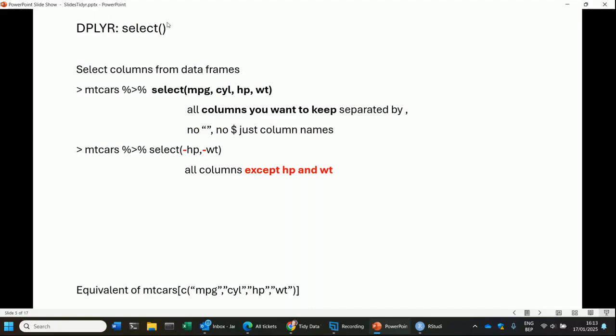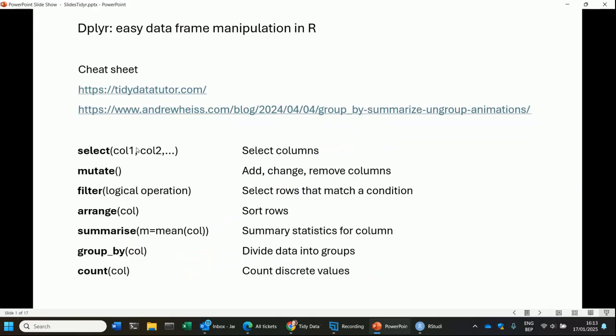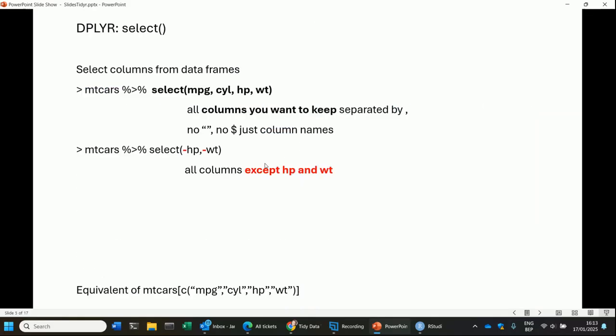So let's start with the select function from the Dplyr package. It's one of the functions that we mentioned in the previous slide here, this one. And it allows to retrieve or select columns from a table. You simply have to mention the names of the columns that you want to retrieve, all separated by a comma. You can use the minus sign to exclude columns from the selection. So in this example, we select all the columns except the one that's called HP and the one that's called